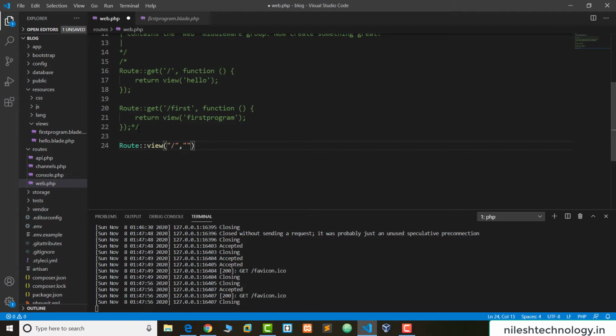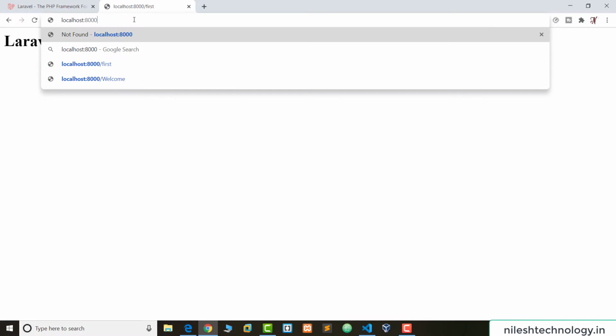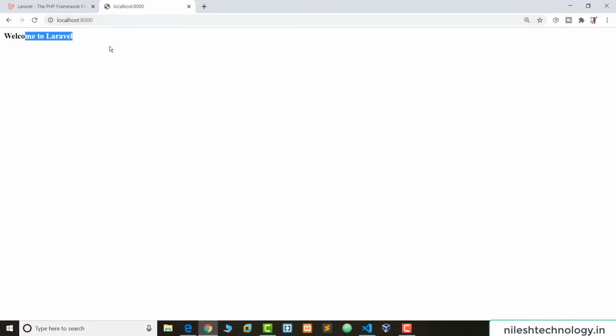For example, slash is my root name, and my first program is hello. When we save these changes and hit the default root, we see welcome, Laravel.